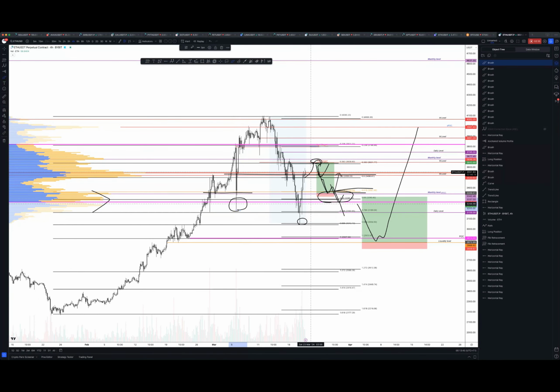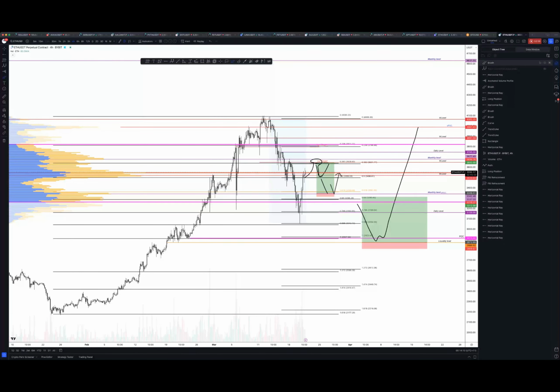So we can still have a wick, but if we get a wick past this pink level and it regains that level here, then it's a long. So it's a good sign. And having those wicks come further down, it's not problematic at all. It's actually a good thing to see a wick in the making. However, when we look at this